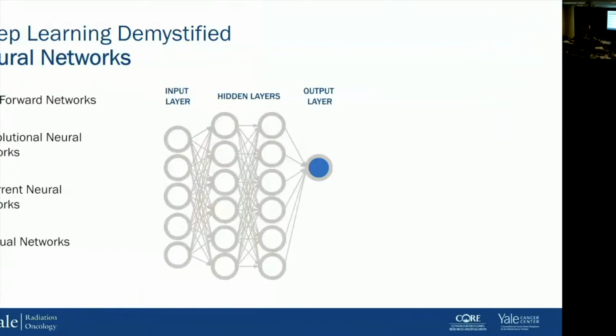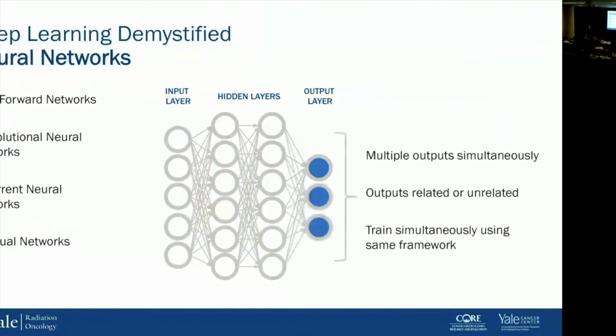Convolutional networks are very common in image analysis. It's primarily what we use in the context of our lab. Recurrent neural networks are very useful for evaluating sequences because they have what they call memory, so they can understand sequences. And then residual networks are something more complicated, but they're very useful in introducing random error so the networks don't memorize your data set. These networks can become very complex with multiple neurons.